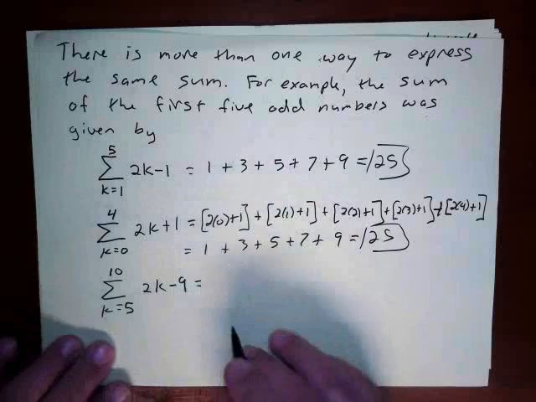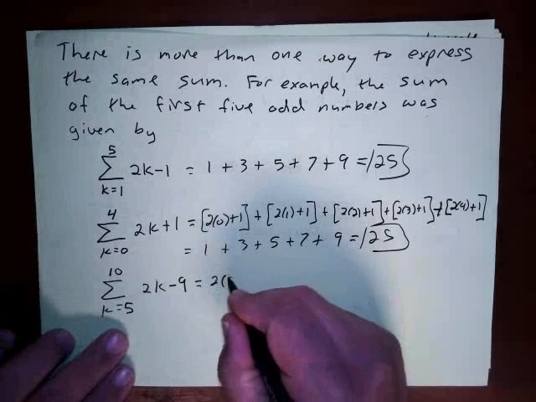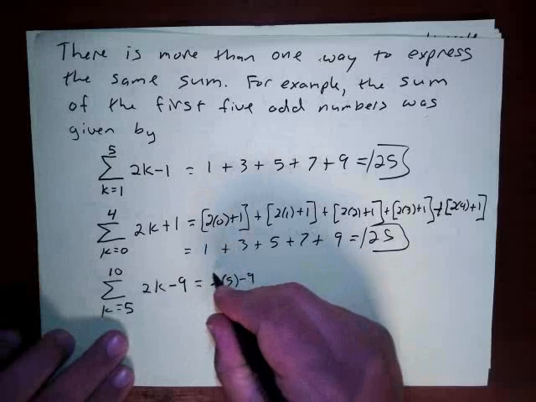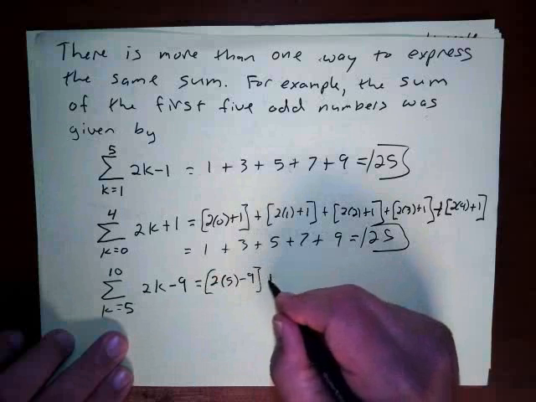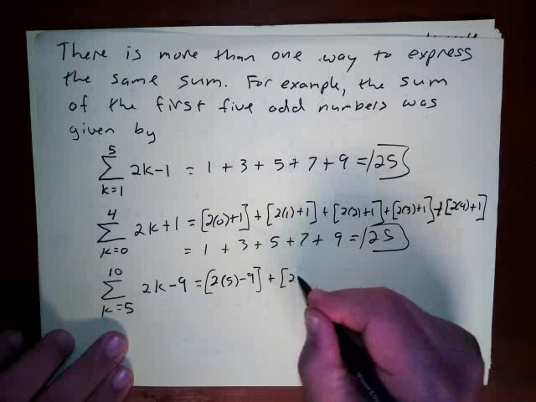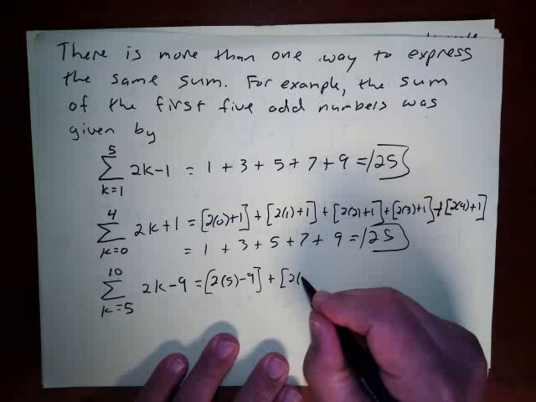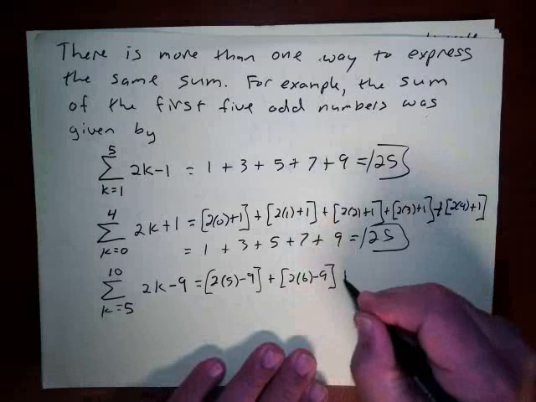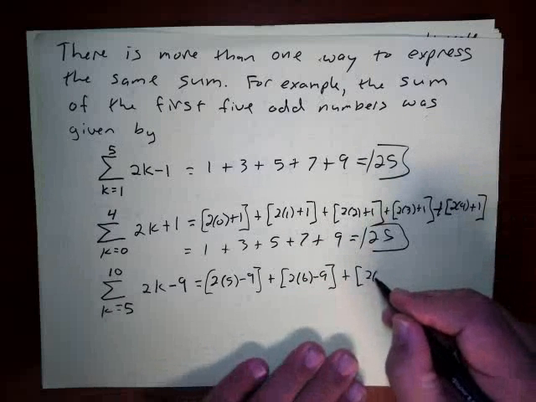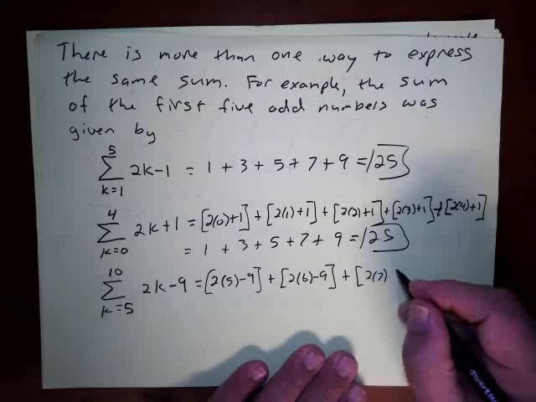So let's see if this would work. So if I do 2 times 5 minus 9, and then I would get plus 2 times 6, that'd be 12, minus 9, that would give you 3, and then 2 times 7, that'd give you 14, minus 9 is 5,